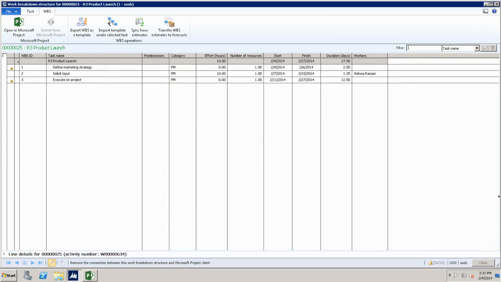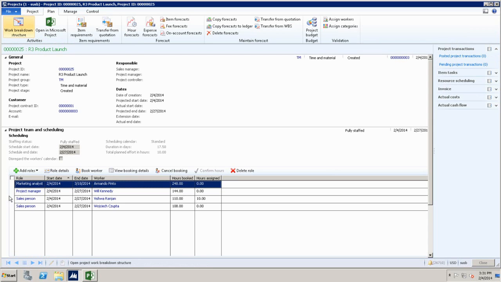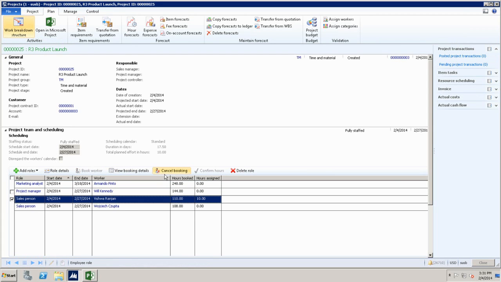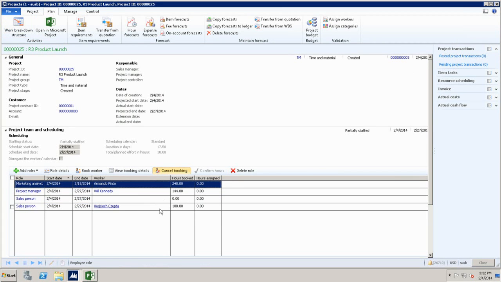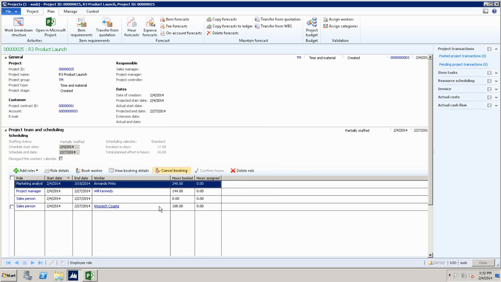Yes, it is unlinked successfully. And now I can go back and release any resource. Salesperson, I don't need any salesperson. I cancel the booking. So there are two options there, right? You cancel either the booking or you just remove the entire thing, which means remove the role and the reservations behind the scenes that I have made for my project.